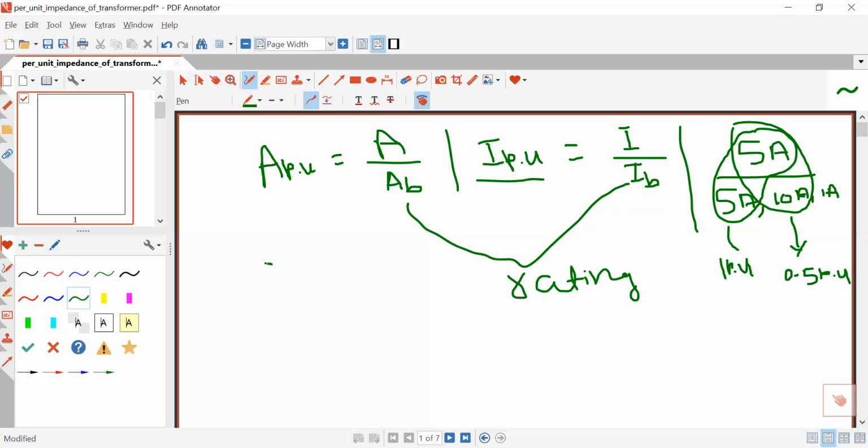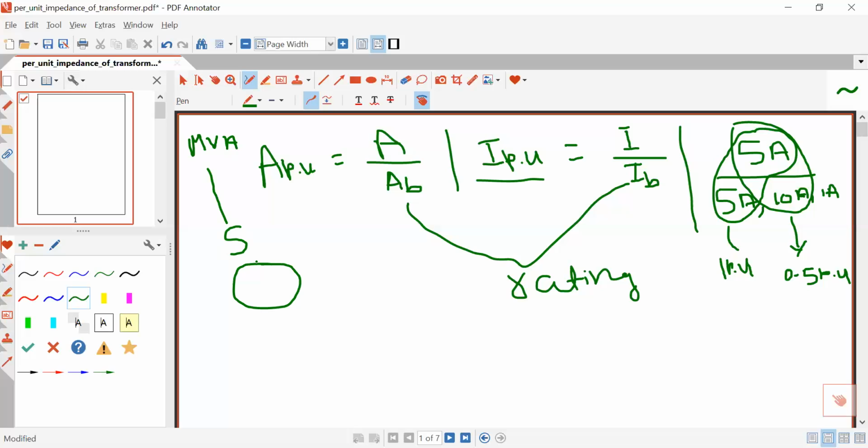And the rating of the machine is usually given in this way because your machine is neither purely resistive nor purely reactive, inductive or capacitive. So the machine will extract both active and reactive power from the source. So the rating will be given in terms of total power. This is the complex sum of active and reactive power, and for a large machine, its unit will be in MVA